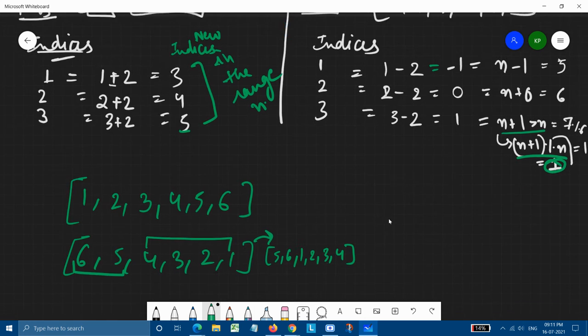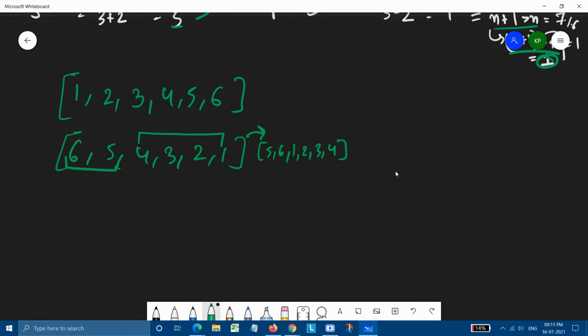Now basically what we are doing in right shift is first reversing the whole array, n dot begin to n dot end, where we have named our array n.